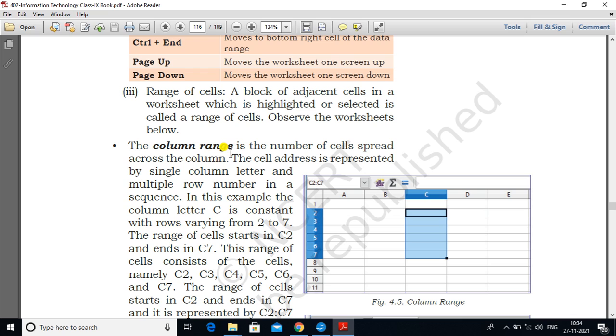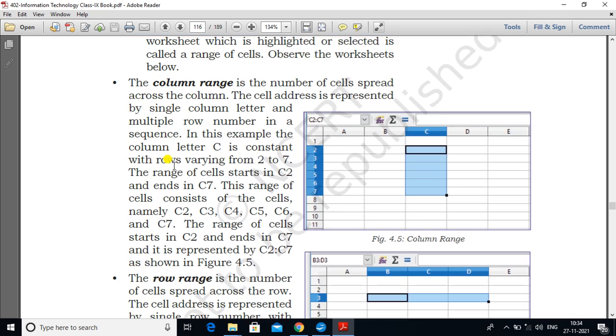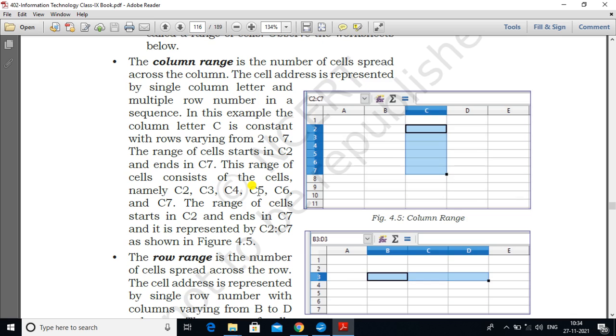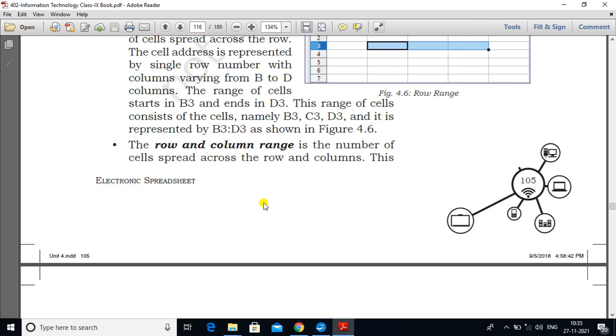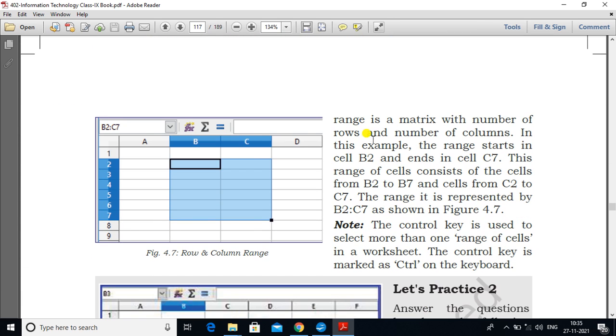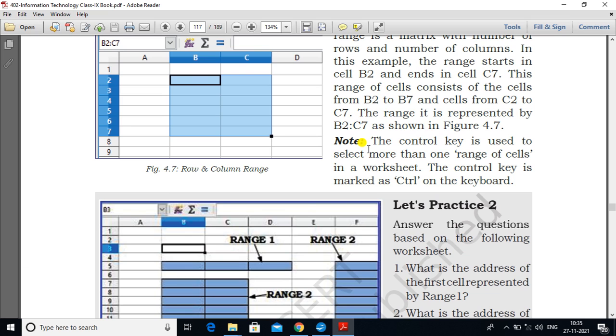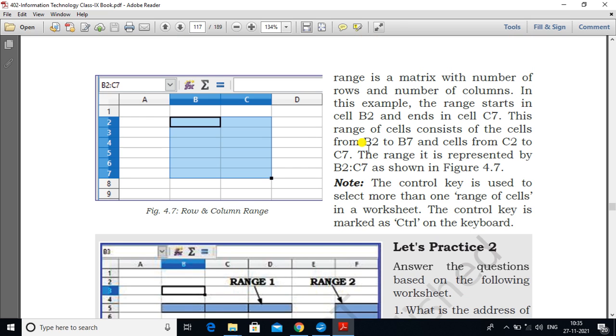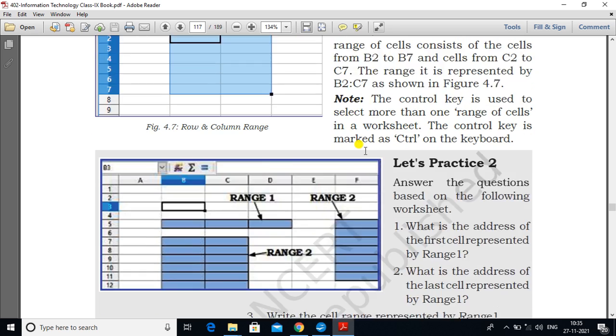A column range is also there, from this column to this column we can select. A row range is also there, from this row to this row. Okay. So like that we can select also. These are some things that questions may come from, range of cells, range of columns, range of rows.